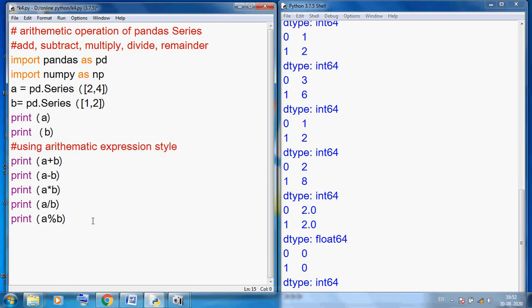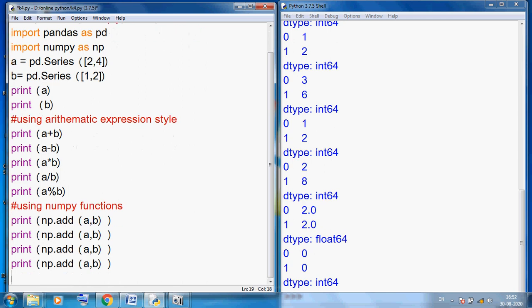We can also use numpy functions. Simply print np dot add A comma B. We can also use this style. So copy, then paste.